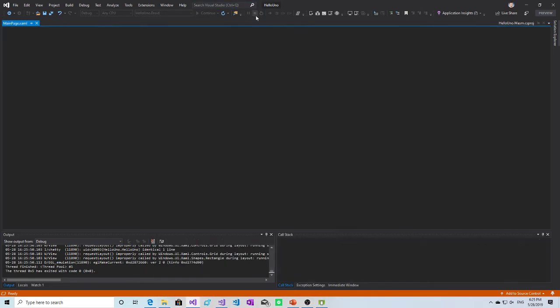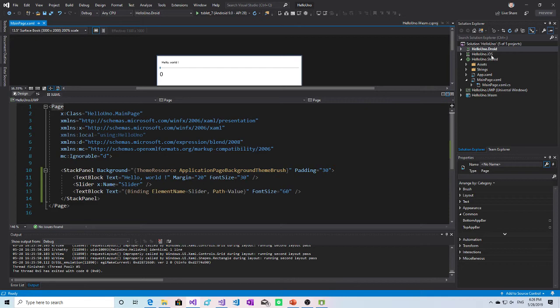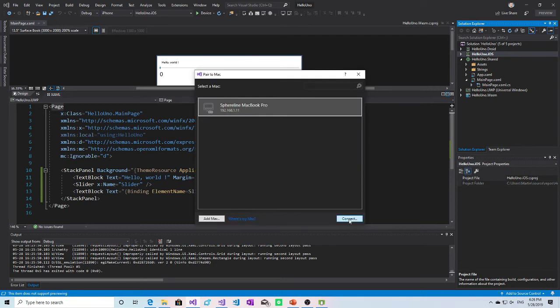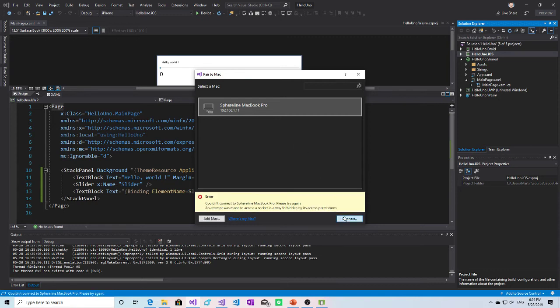I will now stop debugging and switch to iOS. For iOS, I will have to pair to my Mac because it says disconnected. So just a moment. And of course, there seems to be a problem, but now it's better.